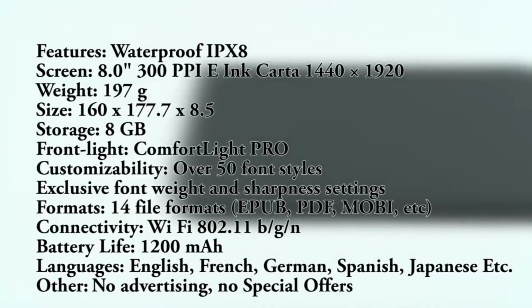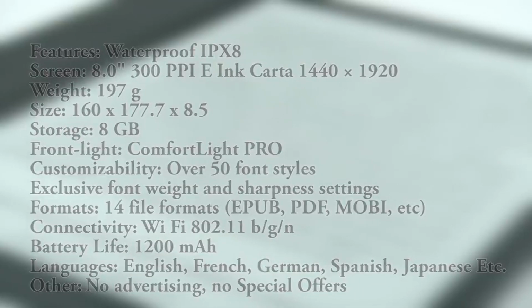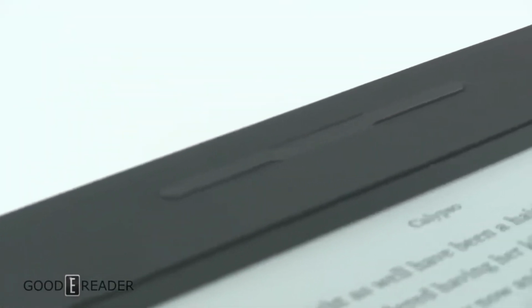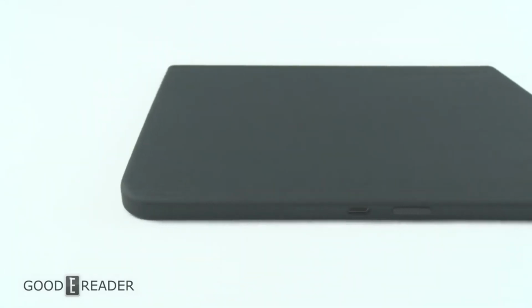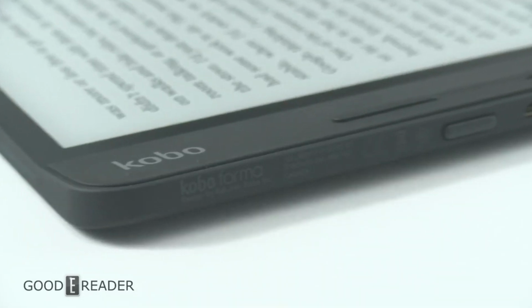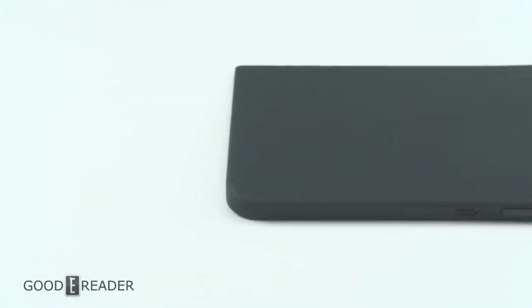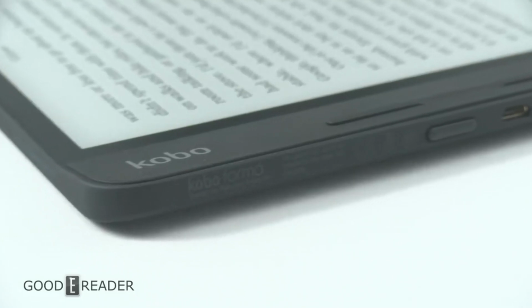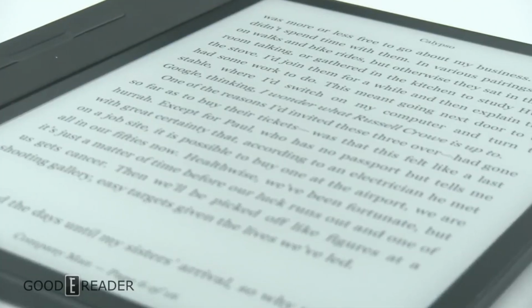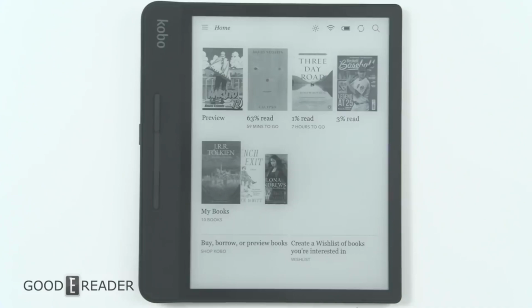The Kobo Forma is a giant 8-inch capacitive screen with a resolution of 1440 by 1920 with 300 ppi. This thing was great, it looked awesome, although it did take a lot of its styling cues from the previously released Oasis with its asymmetrical design depending on how you're holding it. It came in two variants, the 8GB and the 32GB. The 32GB was only available in Japan right out of the gates. It then crept into a couple other markets like Canada and a few other countries. It weighs 197 grams, has 512 MB RAM, a 1 GHz processor, and it does not have an SD